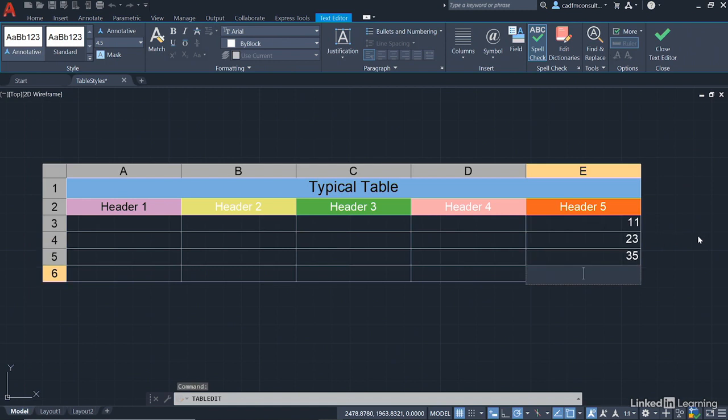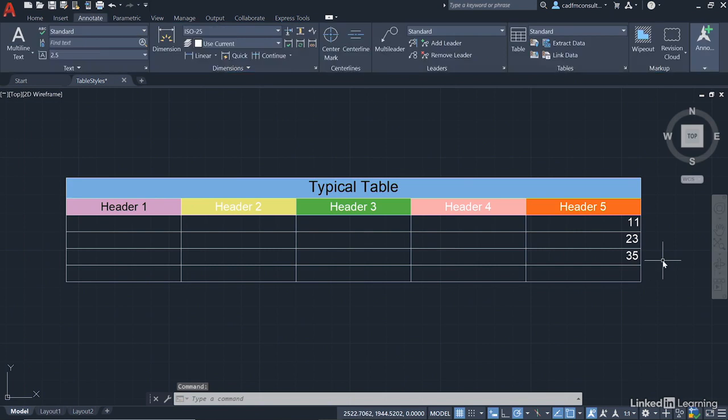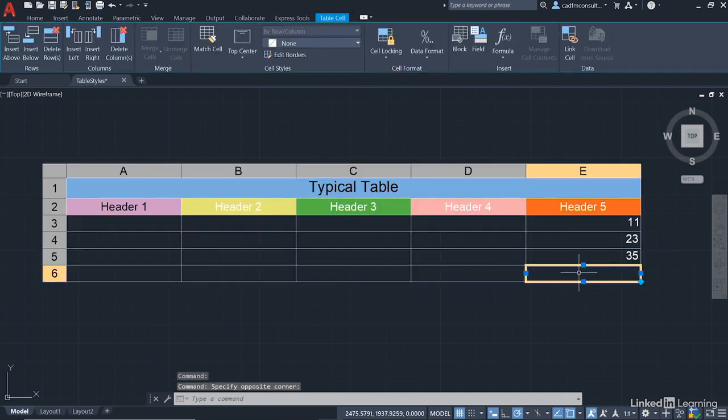Now, I can also change the justification of everything here as well. Numbers automatically go to the right in AutoCAD tables. I might want to change that. So what I can do here is I'll do the sum first, which is very easy. I'll just click away from the table and click once in the cell. There's the formula there in the insert panel, and we're now in the table cell tab, not the text editor tab. So I click on sum like so.